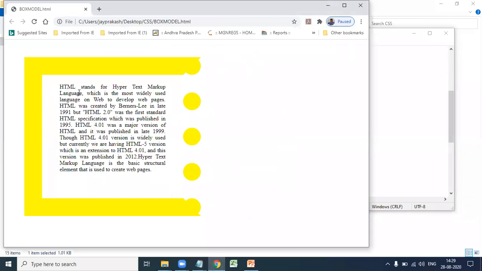Here content is the paragraph and the area around the content is the padding. Next, border, this one is the border, yellow color, that goes around the padding and content. Last one, margin, that is the place outside the border. Here the place outside the border is called margin.